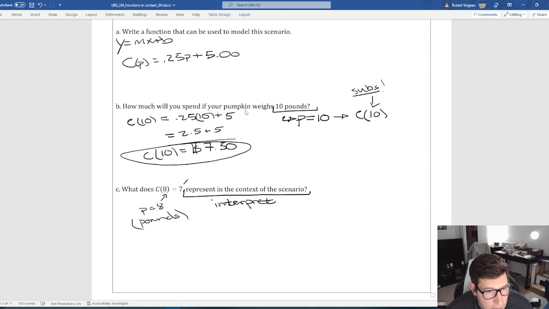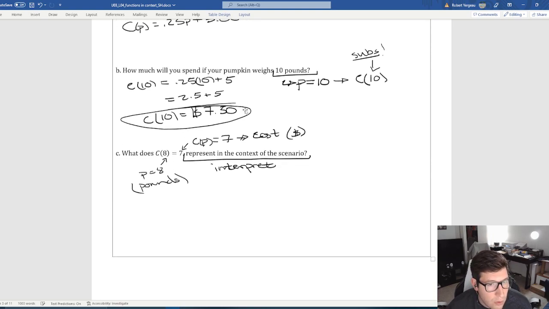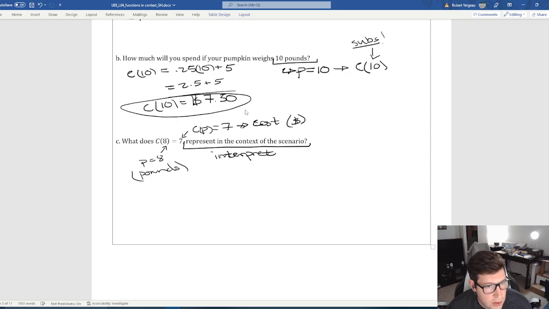And then we have this c of p, specifically c of 8, and it is 7. And so remember that c of p is a cost, specifically in dollars. And so if we're looking to write a sentence, which when we interpret we should be writing, we're going to name everything that we just listed. And so what this represents is